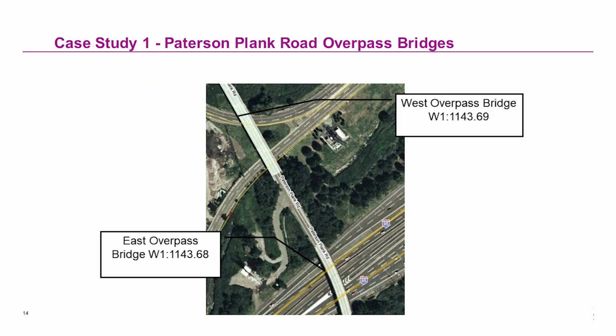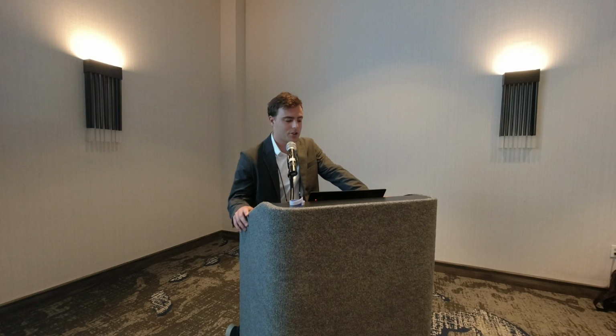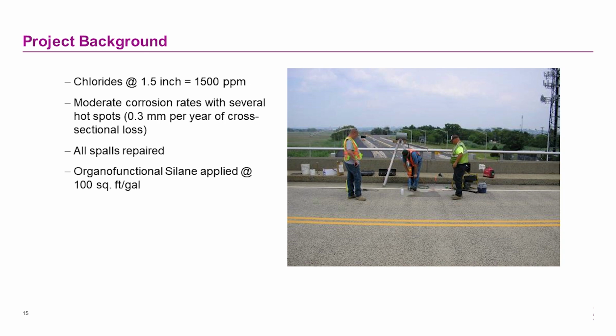So finally, I just want to take you through some case studies and leave plenty of time for questions. This is a bridge in New Jersey, Patterson Plank Road. 2 overpasses here are over, I believe that's 95, the Jersey Turnpike, in North Jersey. This was an aging structure. The chlorides at 1.5 inches were 1,500 ppm. There was moderate corrosion